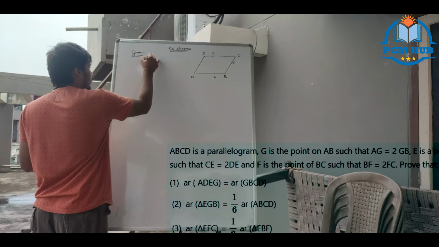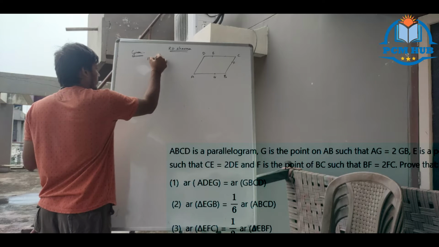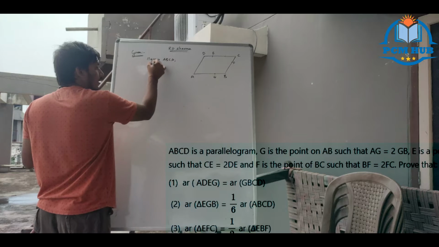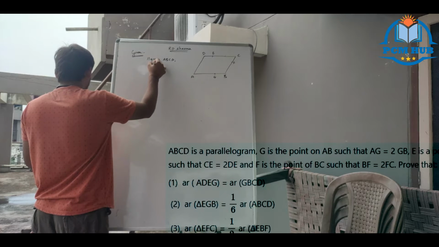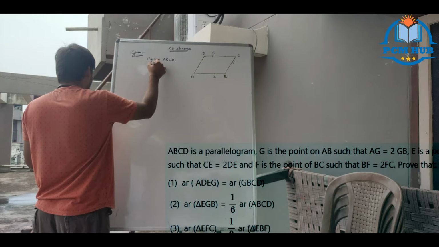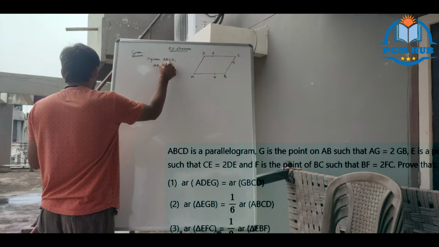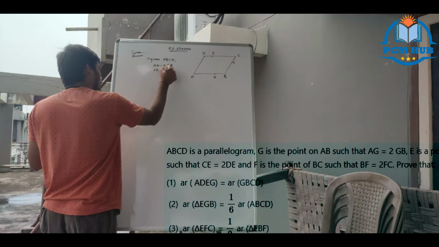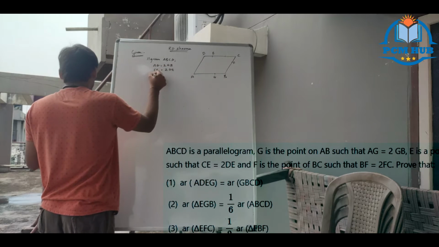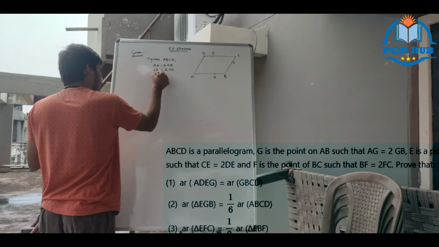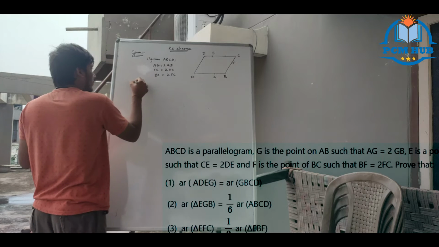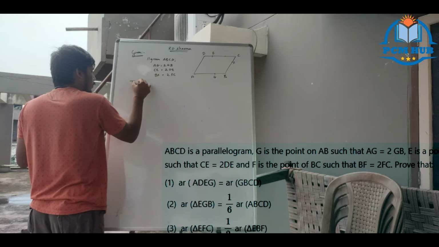Given, you will write ABCD parallelogram, AG equal to 2 times GB, CE equal to 2 times DE, and you have BF equal to 2 times FC. And to prove,